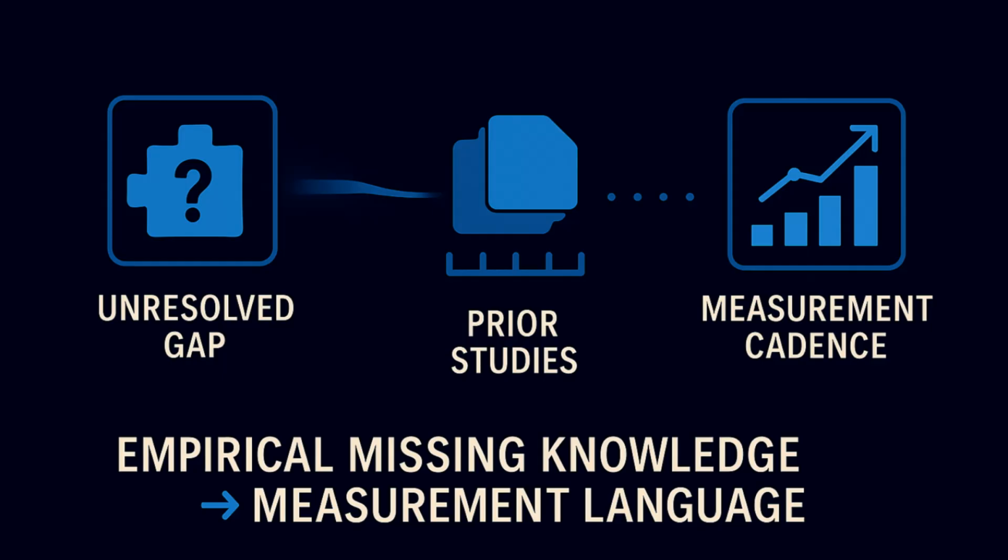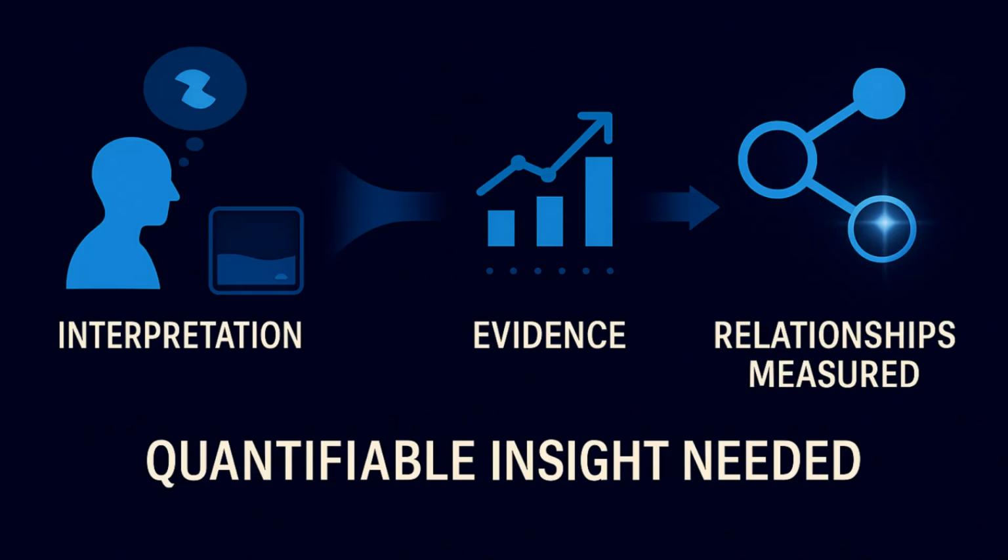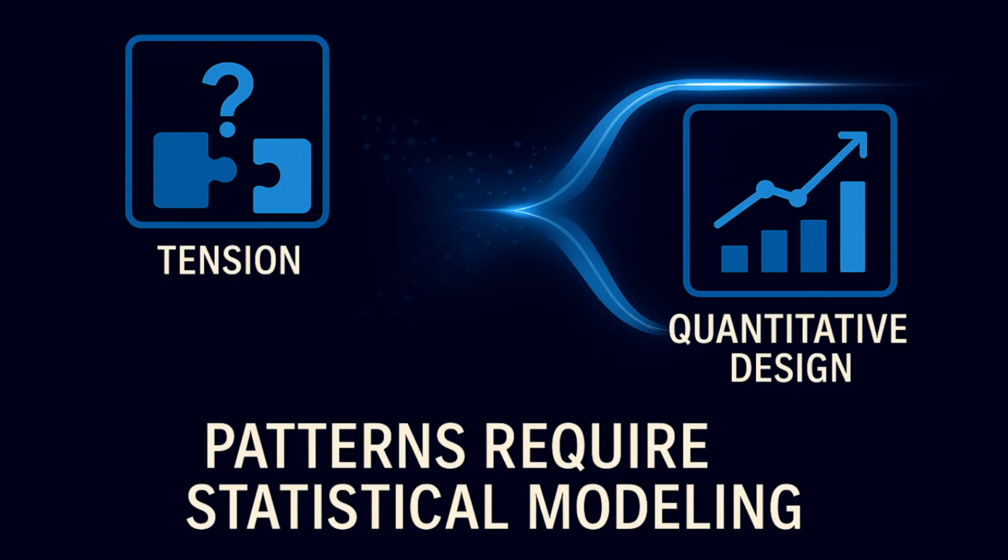A study might be framed by noting that the problem identifies outcomes that vary across groups or conditions, while the literature shows that no studies have yet tested whether certain variables predict those variations. The reasoning then shifts toward evidence rather than interpretation, indicating that the field needs quantifiable insight into the strength, direction, or significance of the relationships at stake. The design becomes clear when the sentence arrives at its conclusion. The study requires a quantitative approach because the unresolved tension concerns patterns and associations that can only be examined through